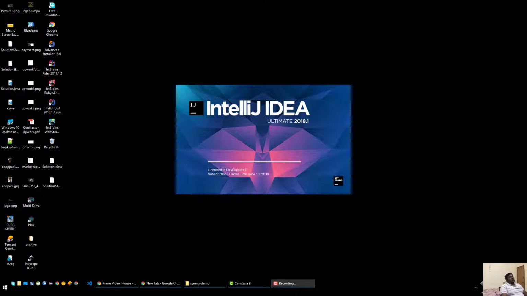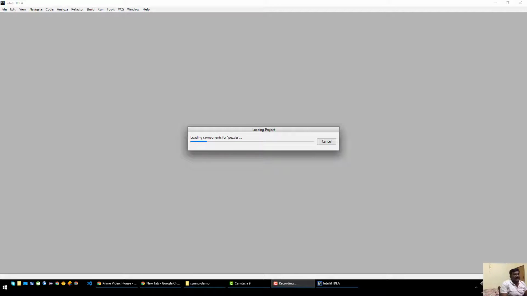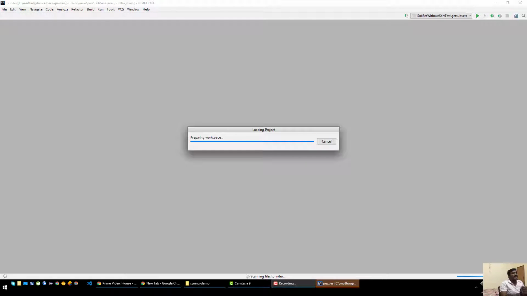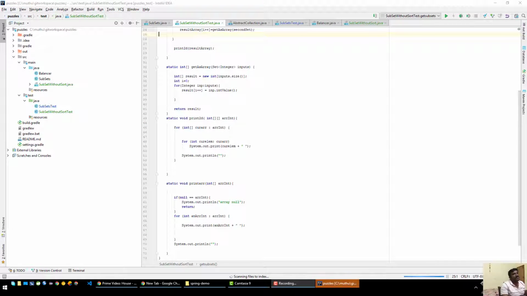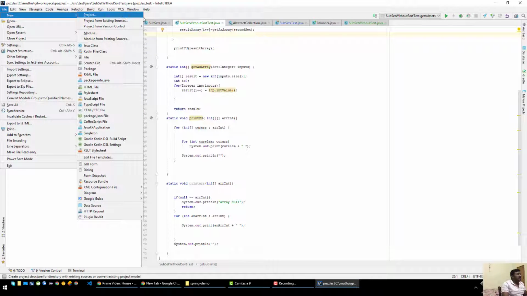Okay, so now we are going to look into a sample Spring Boot application. We are not going to go into much detail in this session, but we will do a little exercise on how to expose RESTful services. Okay, so what I'm going to do is I have IntelliJ and I'm going to